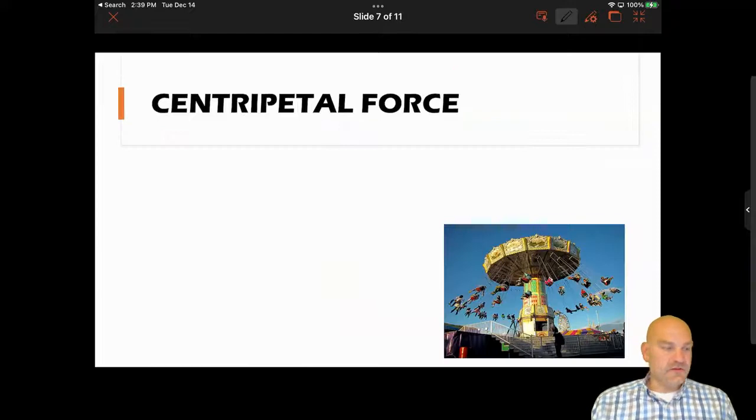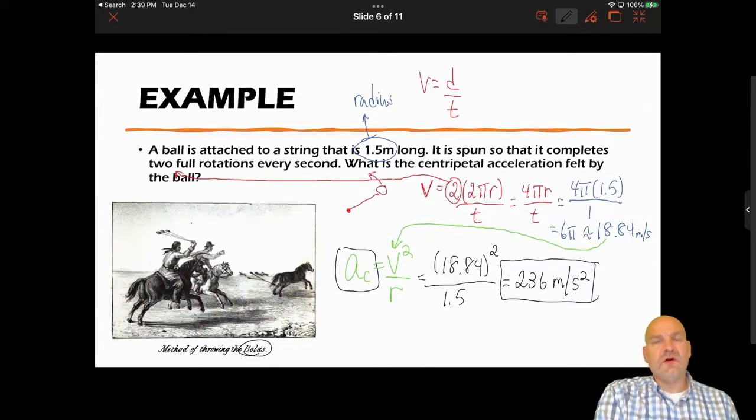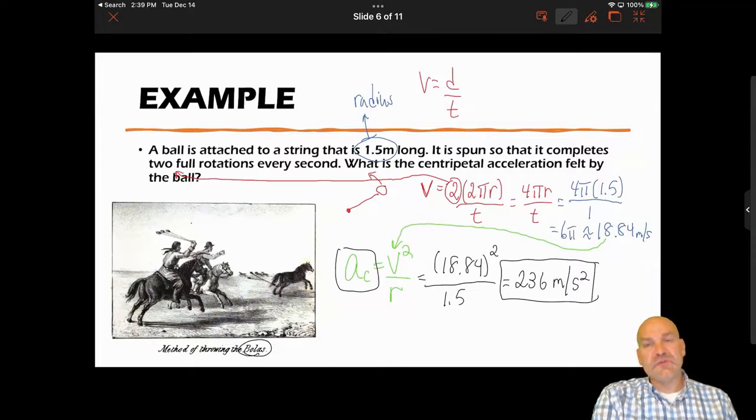Okay, so now, I apologize, I jumped ahead. Now, because we have an acceleration associated with this, we will have a force that is associated with this centripetal acceleration as well. And all these objects, when undergoing centripetal acceleration, will experience what we call the centripetal force, which is going to be the next